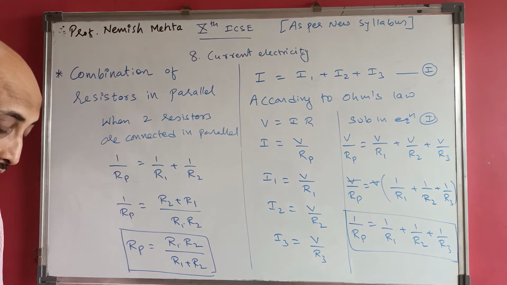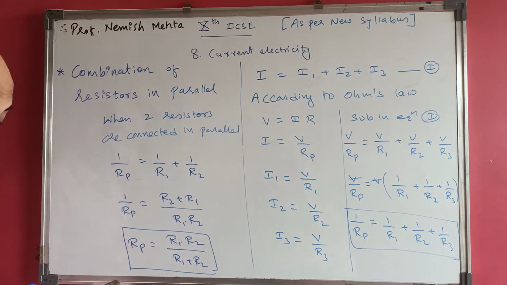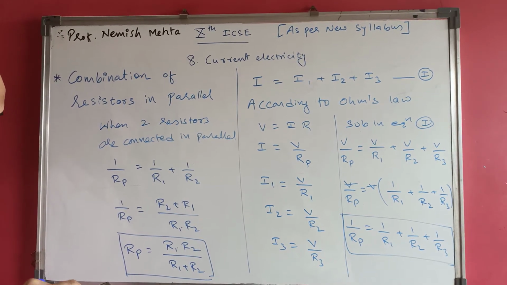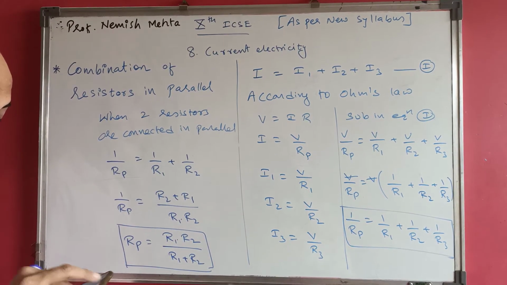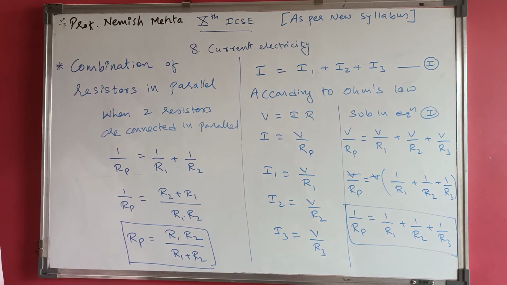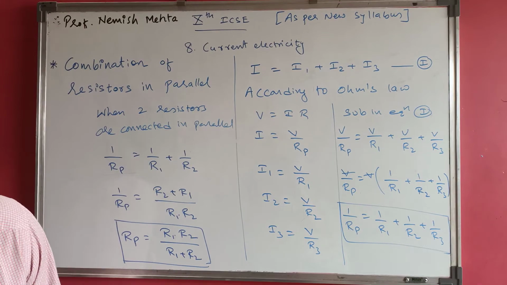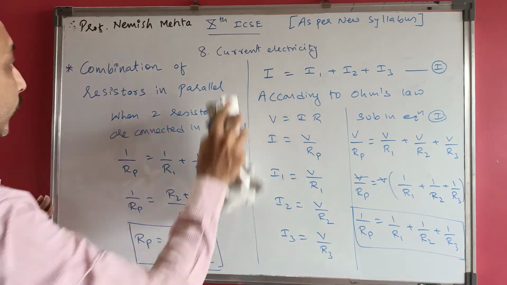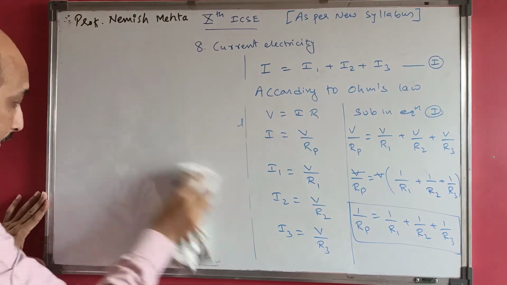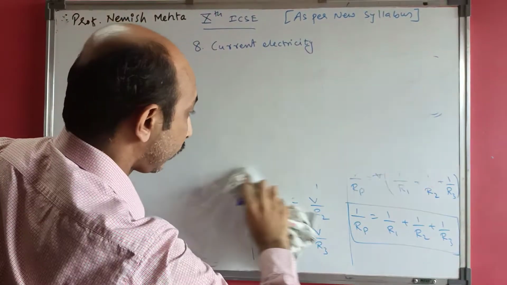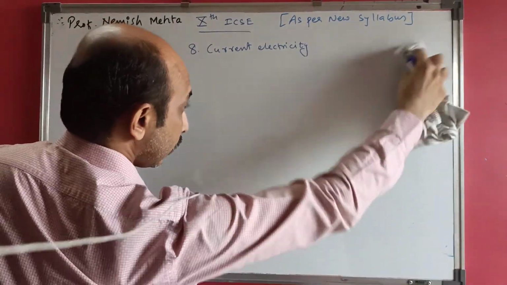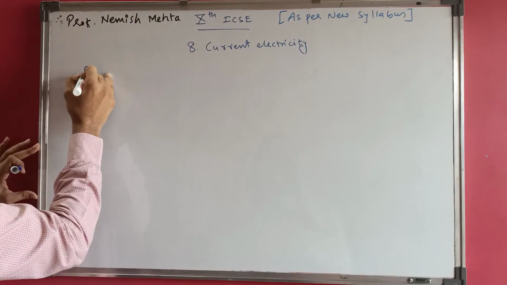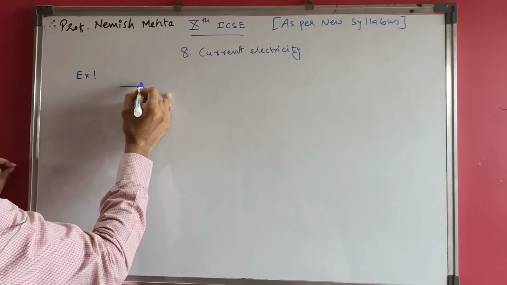Now we have to solve the sums based on this. Okay? So in the next lecture we will come up with the numericals based on this chapter. Let us have an idea of one sum, how it can be solved. I am just giving an idea how the numericals based on this will be solved. A simple question I am taking, just an example. We have been given the circuit like this.